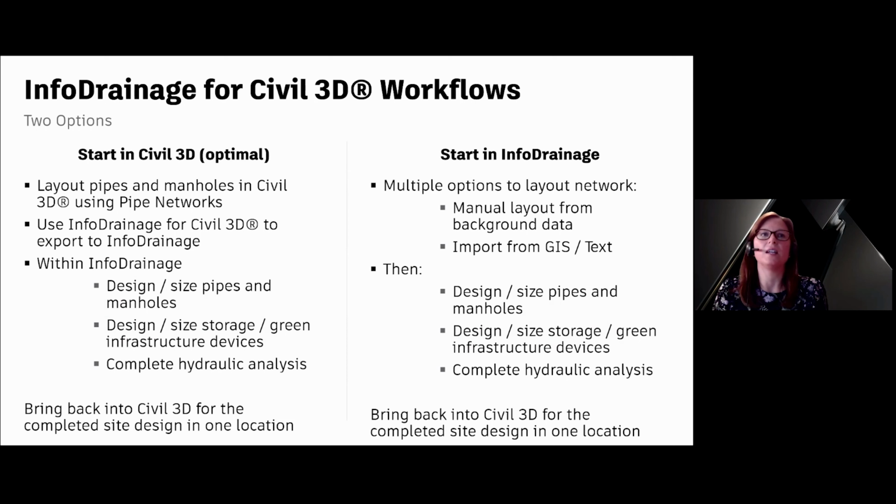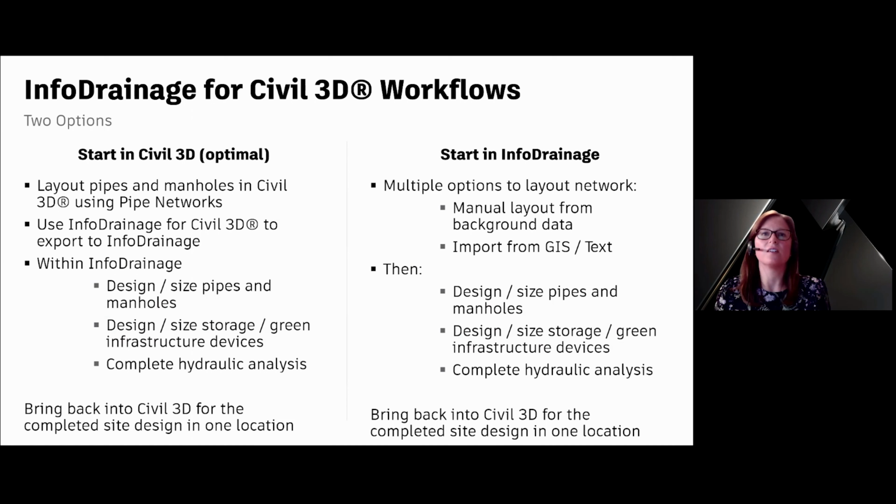Here we can complete the rest of the design aspects, including refining the design, sizing the pipes and manholes, adding in storage structures and green infrastructure devices, and completing a full hydraulic analysis to assess the performance of the system altogether. Then we bring the completed design back into Civil 3D, where the rest of the site design lives.